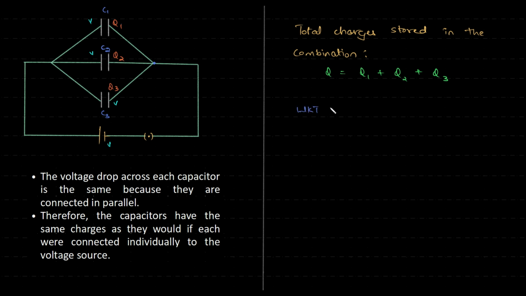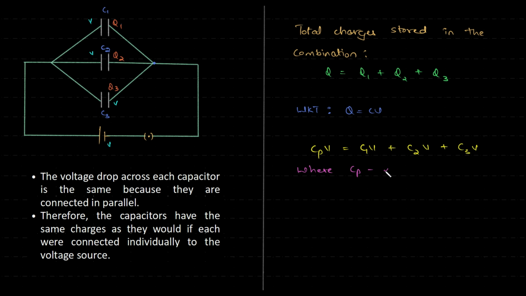So we know that Q is equal to CV. So I need to substitute this. So we have CP V is equal to C1V plus C2V plus C3V, where